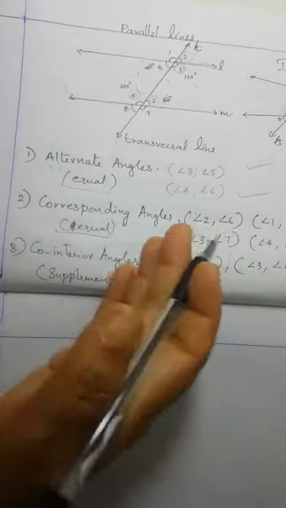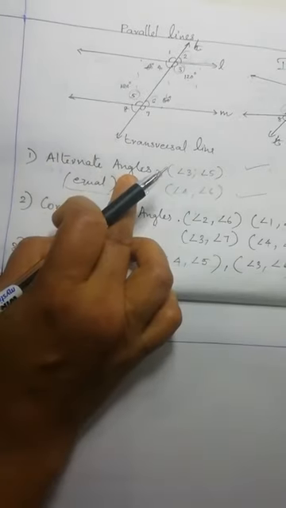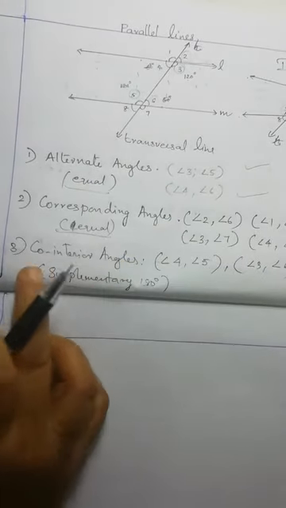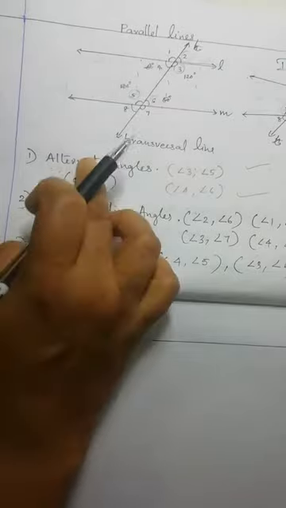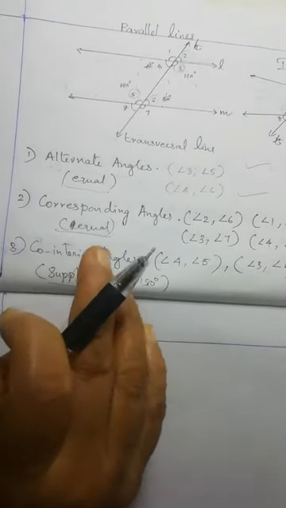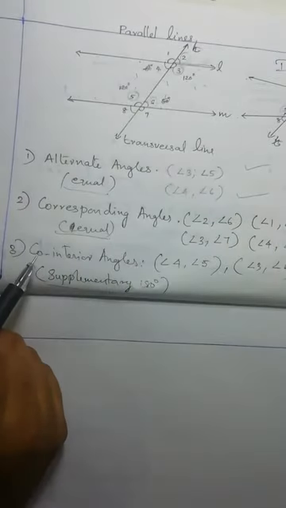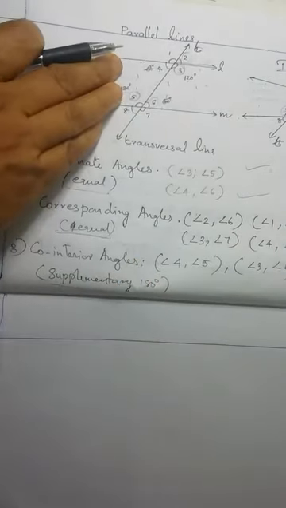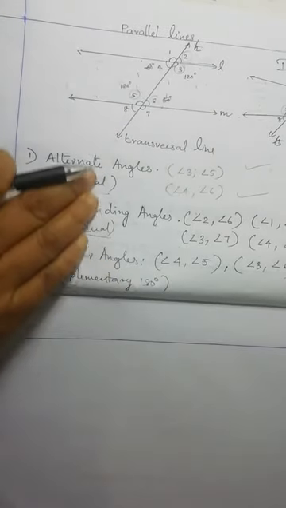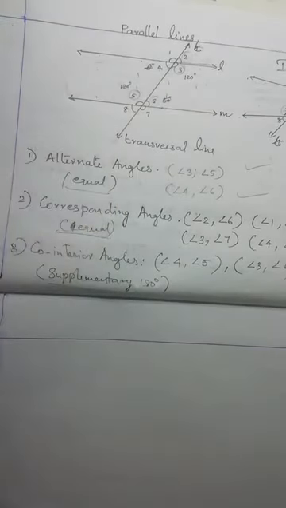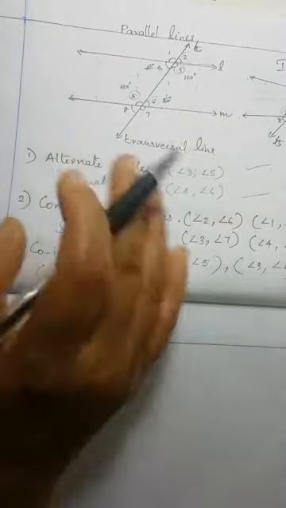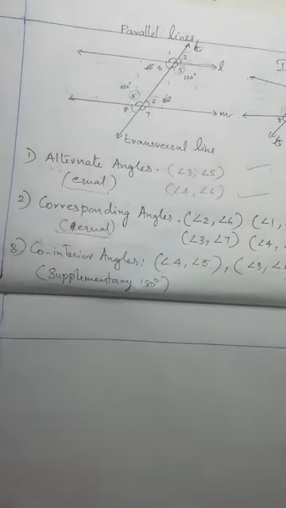And the reverse we can also say: if alternate angles are equal, corresponding angles are equal, or co-interior angles are supplementary, if any one of them holds, then we can say that these two lines are parallel. Clear that? If it is parallel, these are possible. If any one of these is possible, these lines are parallel. If and only if condition. Okay. Using this you have to do some more problems relating to this topic.